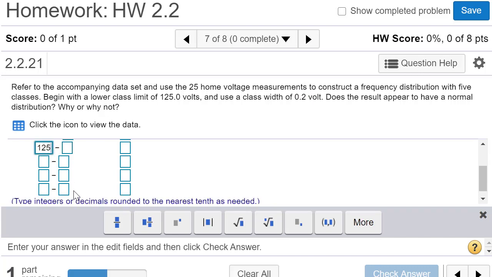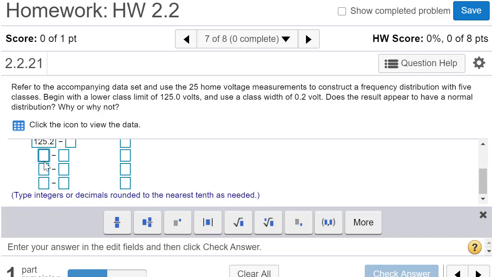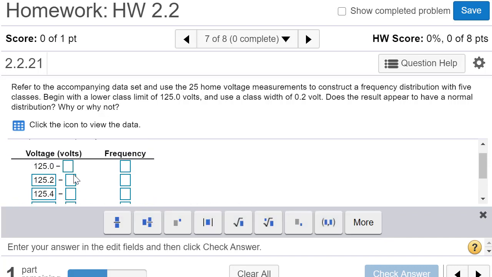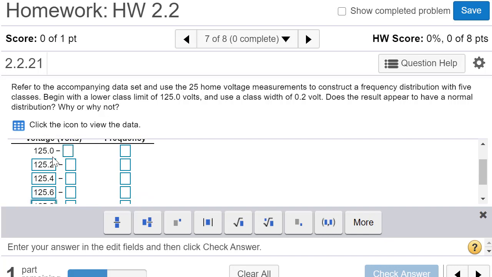So this will be 125.2, and then we'll keep adding 0.2: 125.4, 125.6, and 125.8. So those are all the lower class limits, and they have a difference between two consecutive lower